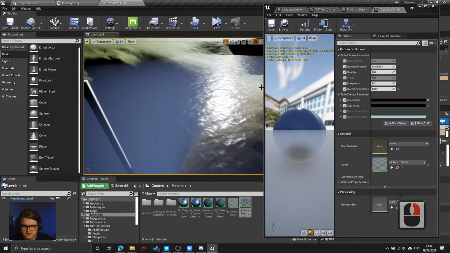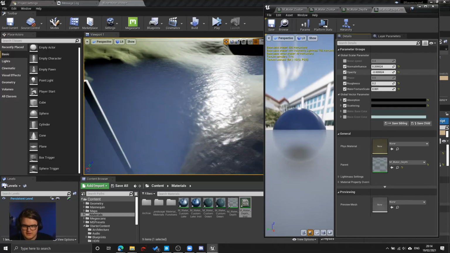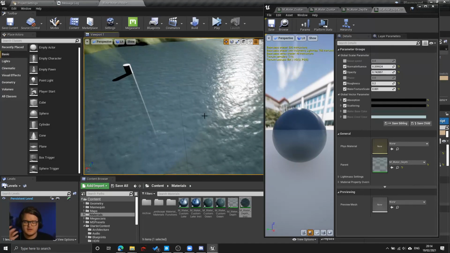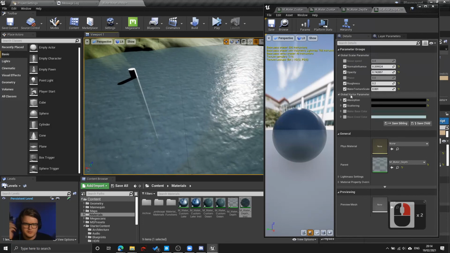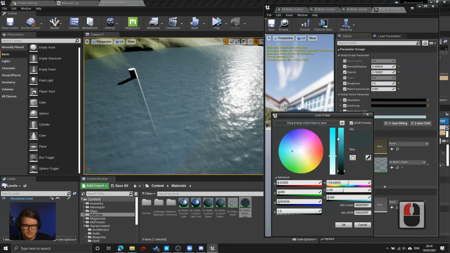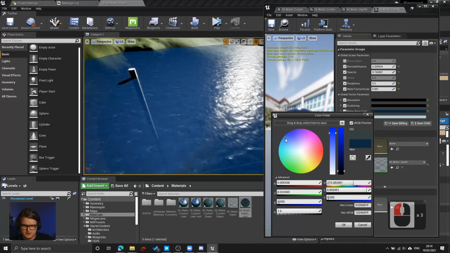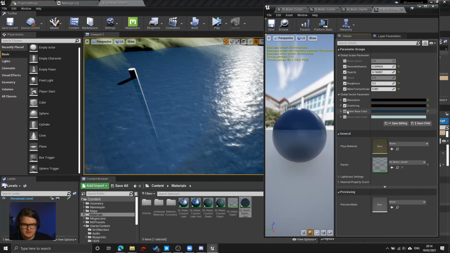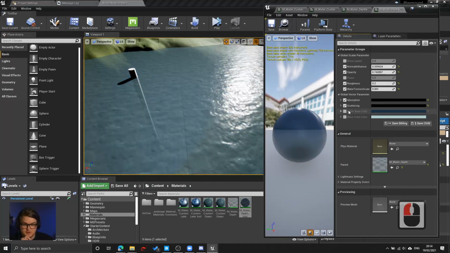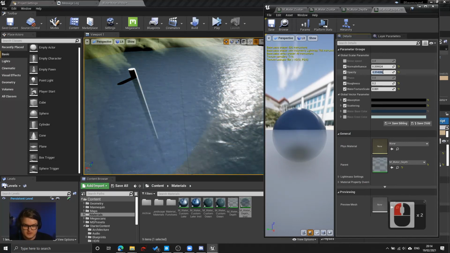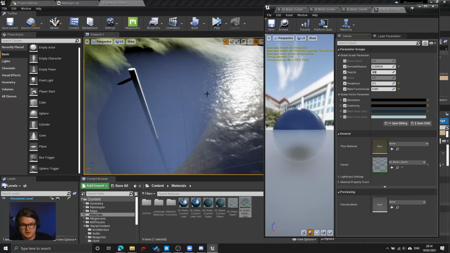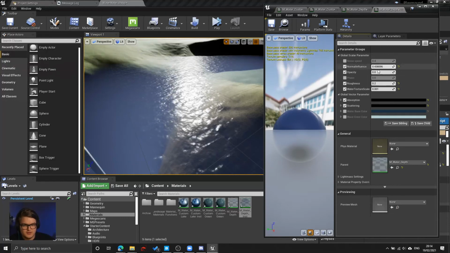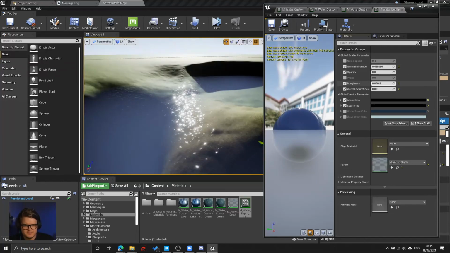The other thing that we can do is start increasing or decreasing our opacity as well. Our opacity will show us the color underneath, which you may or may not want. We could adjust that to a darker blue if we needed to. But for the most part, I'm happy with the way that the absorption and scattering coefficients are working. So I'm going to keep my opacity at 0, so that the only thing that's being affected by our texture maps is the normal. And then what I might want to do is start playing around with the roughness and